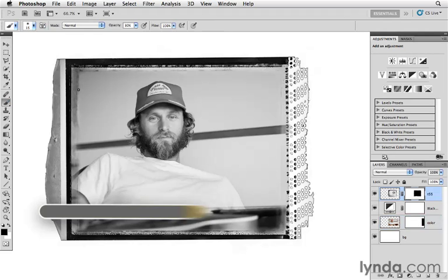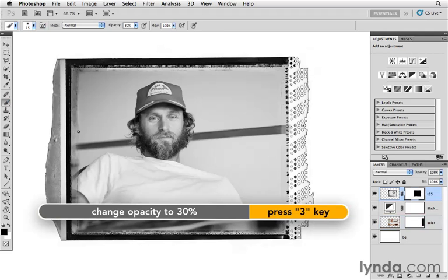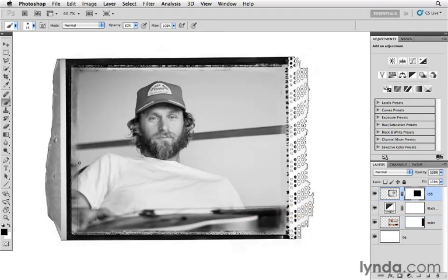I'll go ahead and press 3 on the keyboard to go to 30% opacity to remove a little bit more of this area. And again, we're just trying to get nice blending here so that this blends in really nicely